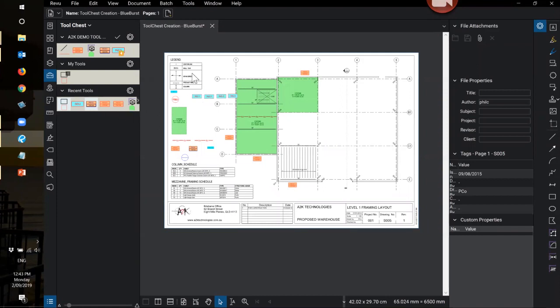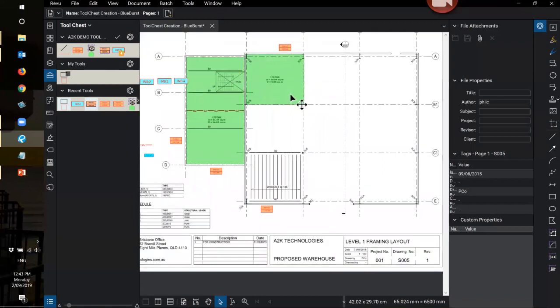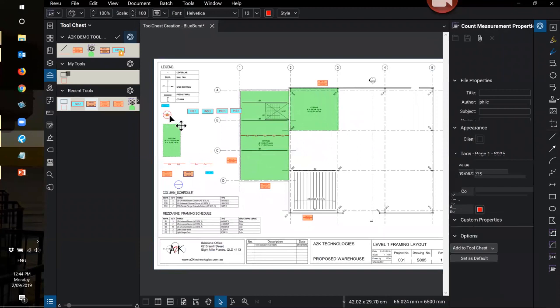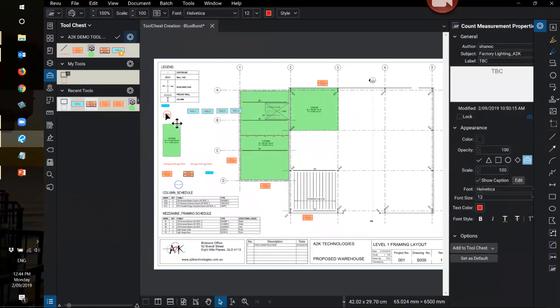So what I'm going to do is, I've created a few of them here now. The last thing is to create my count markup, and after that I will show you how you can import and export your existing toolsets. So the last one here is something called factory lighting,